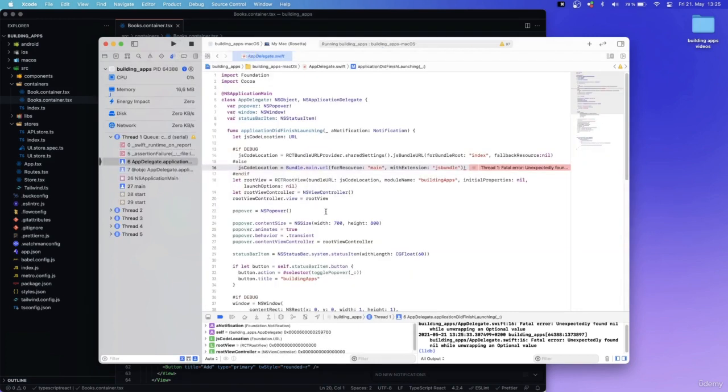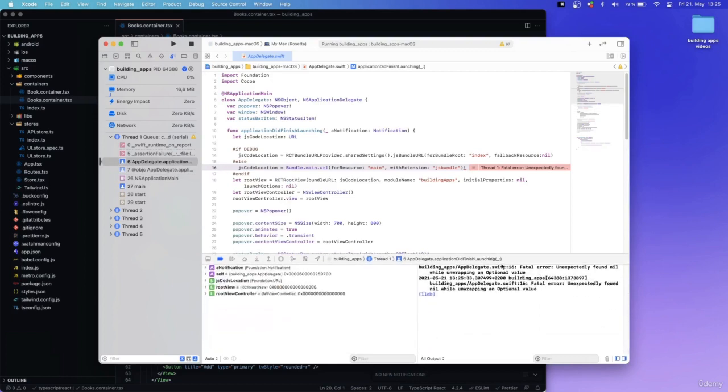Great, so our application compiled just fine, and it actually tried to start, but once it started, it crashed. And you can see the error in here. It says unexpectedly found nil while unwrapping an optional value. So if you take a look into this code, here you will see there's an if, but it's not a normal if. It is this hashtag if debug. This is what is called a macro